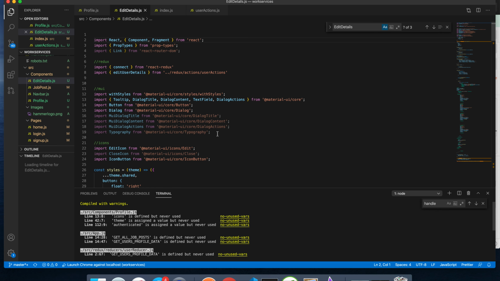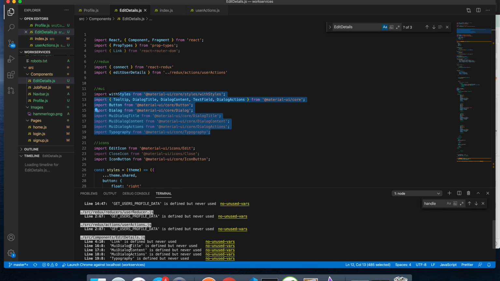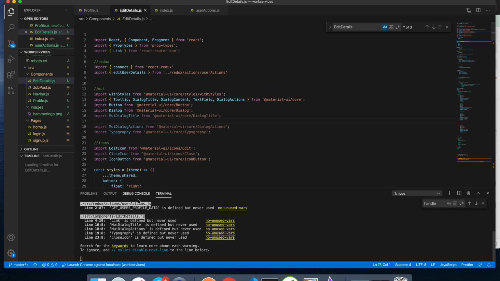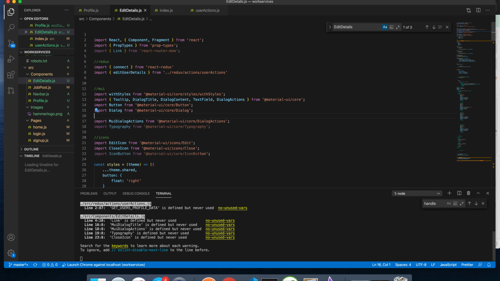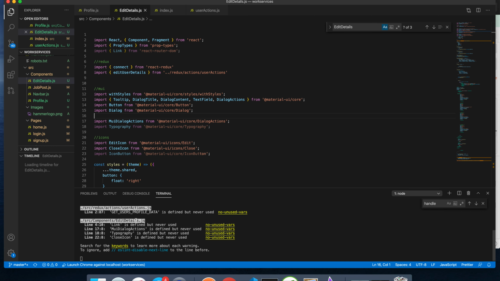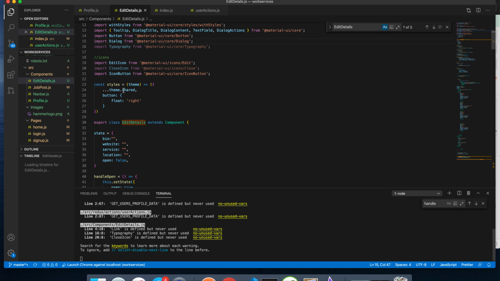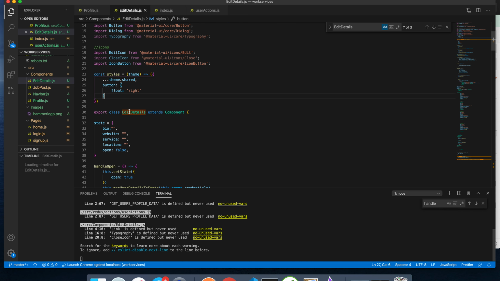A lot to do. I'm going to update this to GitHub, so if you want to copy it straight down. But a lot of stuff you can copy from profile. All this stuff is MUI stuff we need here. I still go through and clear up all this stuff we're not using. MUI dialog content. MUI dialog title. Dialog actions. I think you get the point. So all that down here. We'll just spread the theme.shared again, and then I've just edited something in for a button here to make it on the right. So come in,